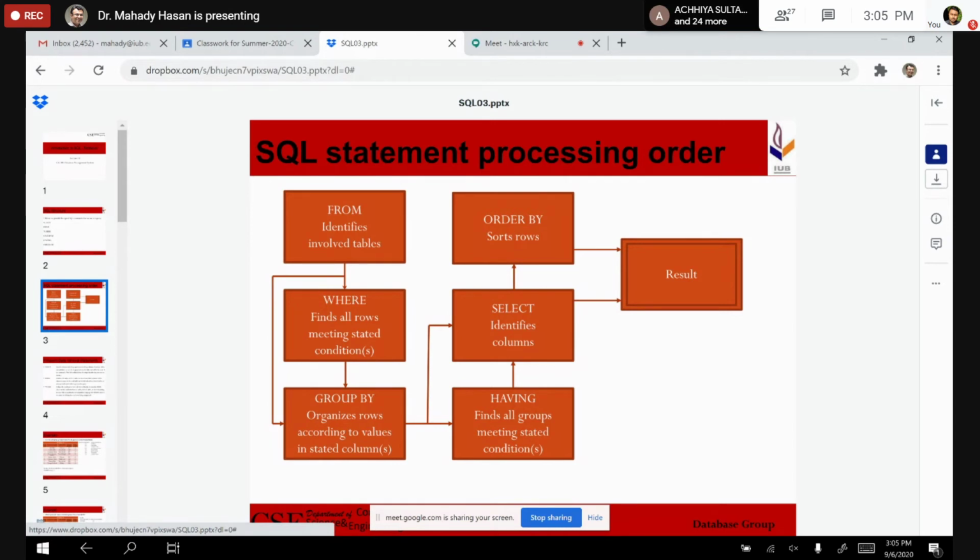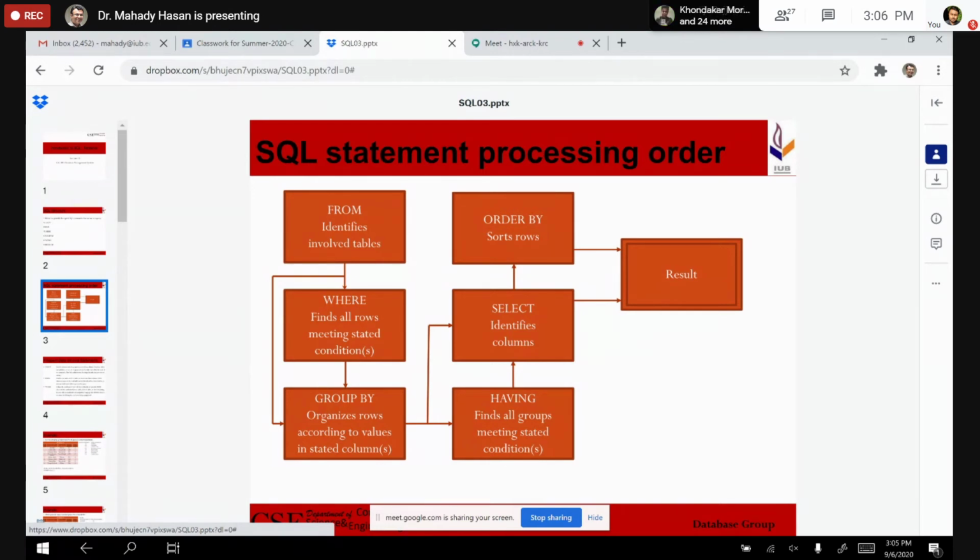Then group by, meaning we organize rows according to the values in the stated columns. After group by, we check if there is any selection on the groups, which is having. After that we go to select. Select means we choose which columns to display, and finally we do order by and results are shown.